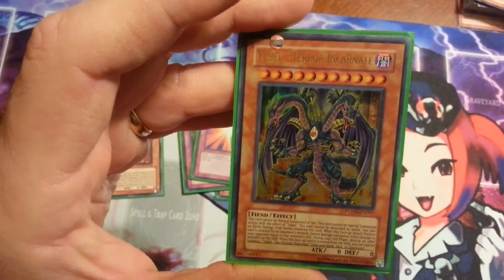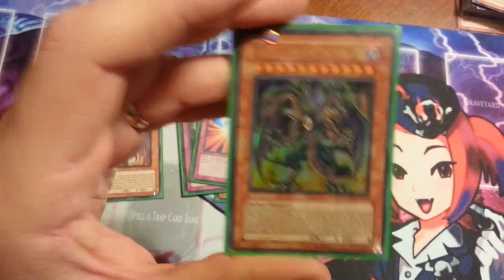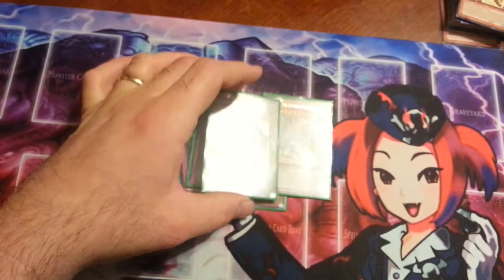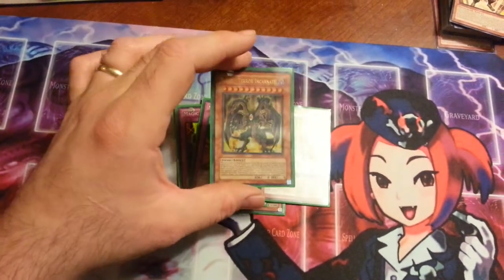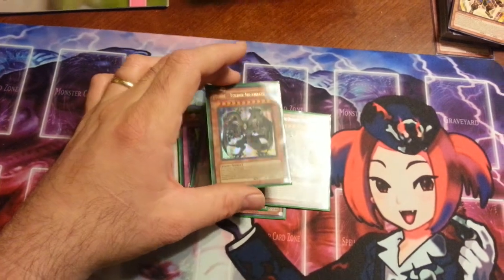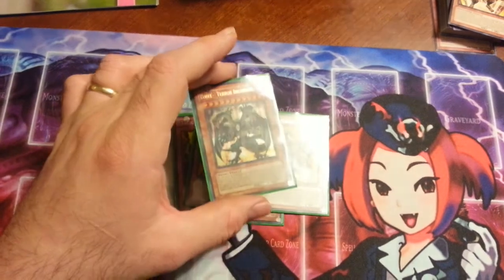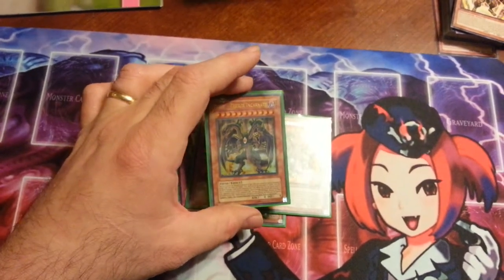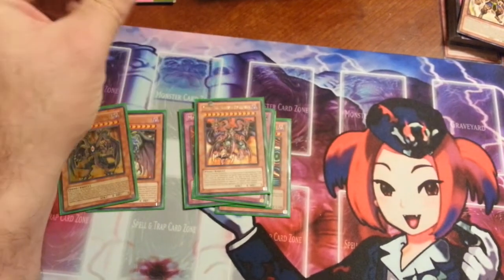But now when this face-up card is removed from the field in any way, shape, or form, banished, sent back to your hand, sent back to the graveyard, used as a synchro summon, or better yet, an Xyz summon, you get the Ultimate Nightmare. Ultimate Nightmare,